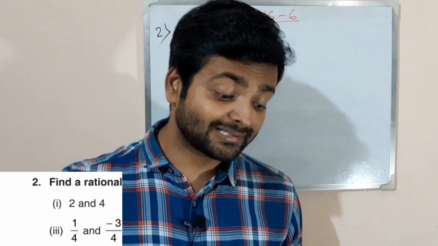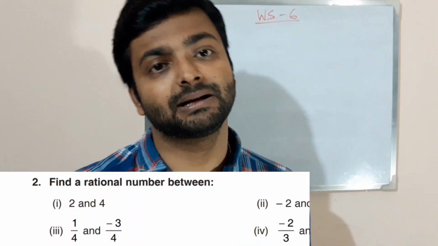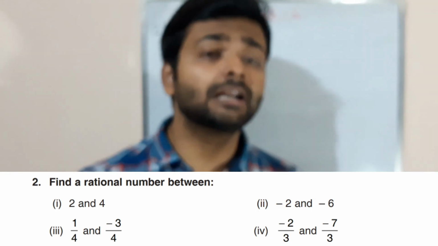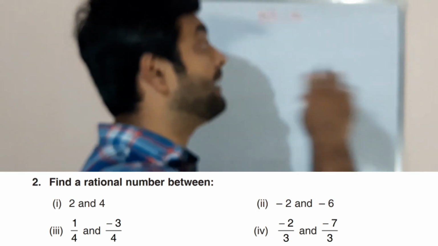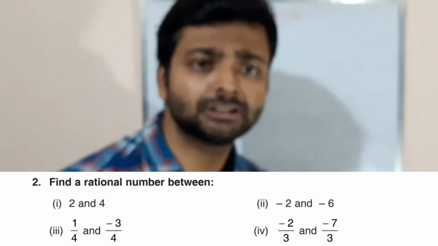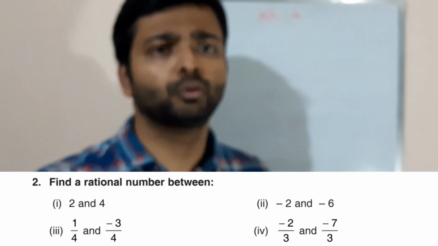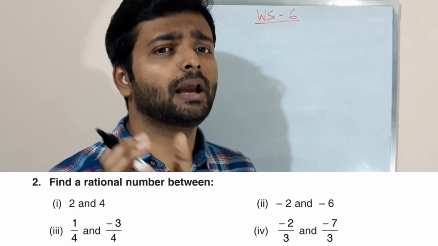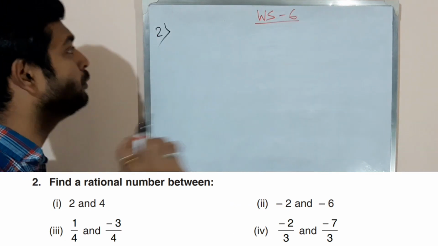So in this part we'll do find a rational number between two given rational numbers. उसके बीच का एक रैशनल नंबर मुझे फाइंड आउट करना है. सो वी डेफिनेटली यूज नंबर लाइन. I will show you, whenever you are going to find a rational number between two rational numbers or two integers, always draw the number line. It will help you. I'll show you how to do that.